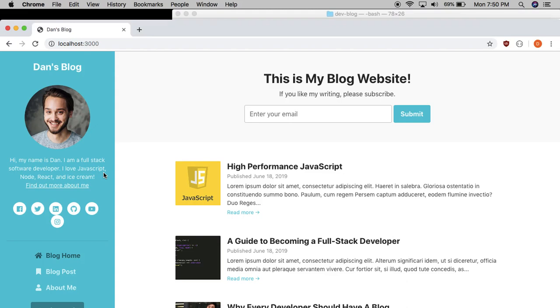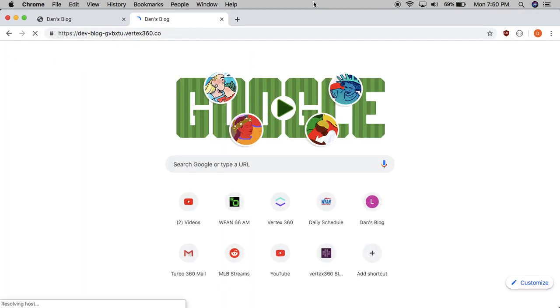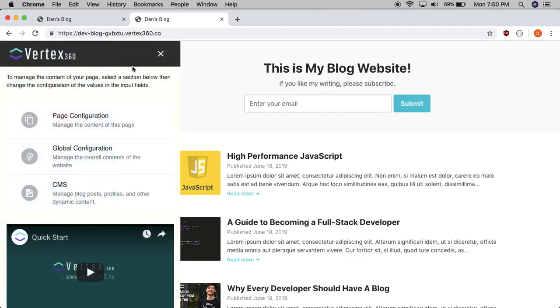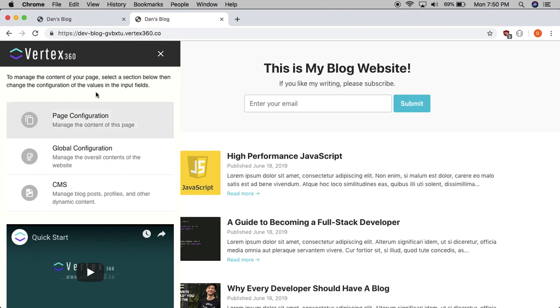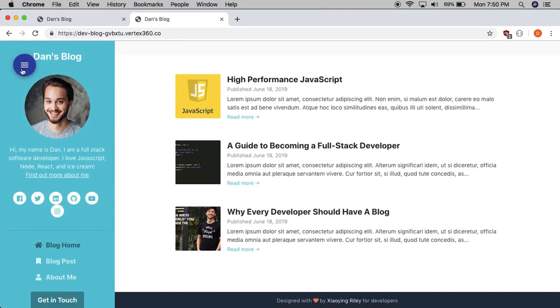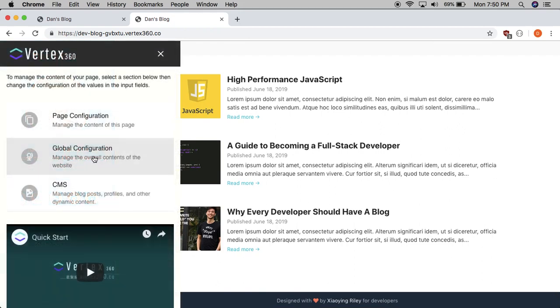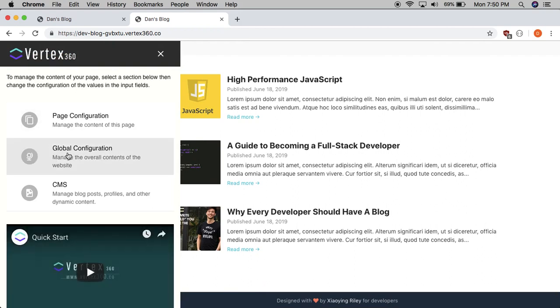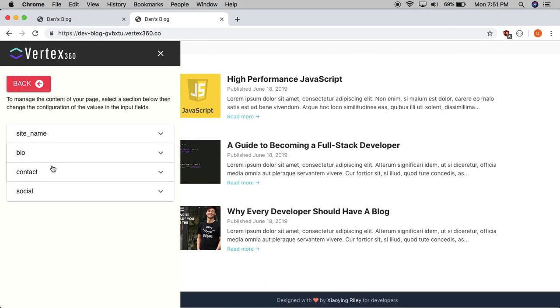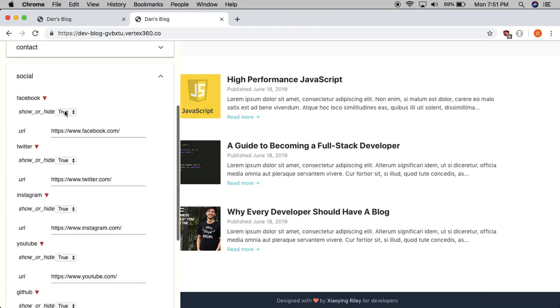Let's check this staging deployment and see if everything works. And now look at what we have here. See, we can now edit the page by using this module. So now I have all the social media icons still showing up, right? And it's too many, right? So we go into the global configuration, which is the global JSON object, click on social, and we have our